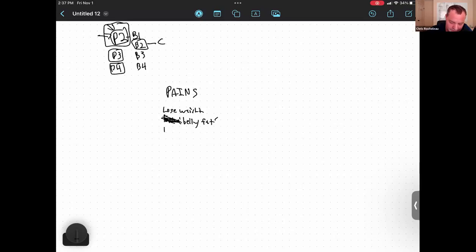Then you might have one that says low energy, right? Completely different pain. Has nothing to do with belly fat. And then you might have another one that is more about how you can't do something, like can't pick up your kids if you're older, if you're marketing to them. The point I'm making is that these are all very different from each other. And what that means is, when you're really trying to isolate the broader pain, the broader pain.